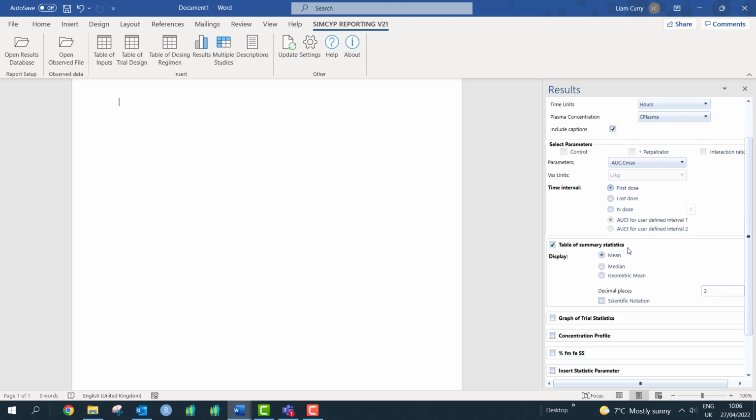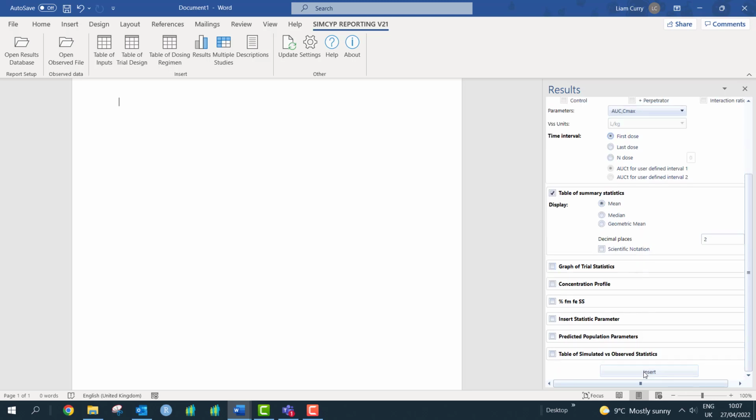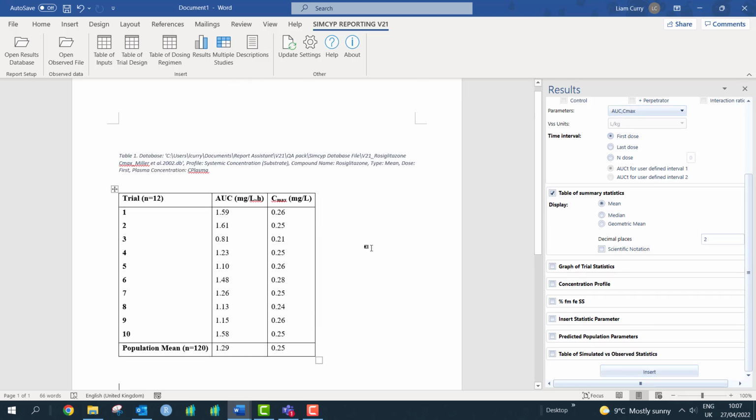So the first option available to us is the table of summary statistics, and in here we have the option to output tables as either mean, median, or geometric mean. We can also define the decimal places and choose whether we would like to display our values in scientific notation or not. And once that's selected, so here we've selected AUC and Cmax, we can press Insert, and this will